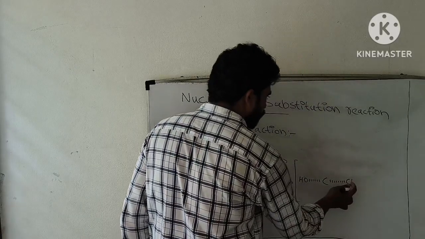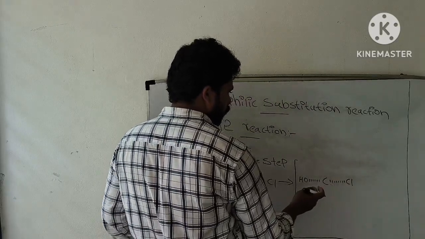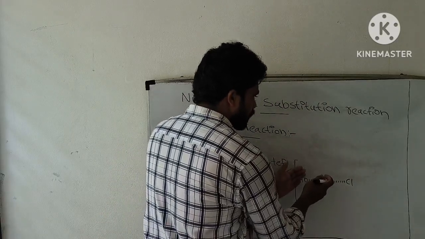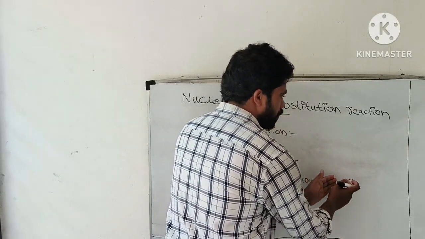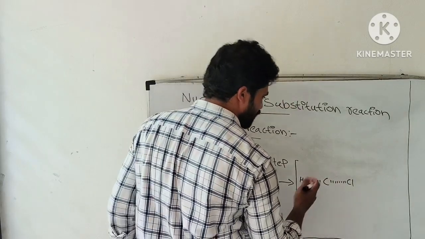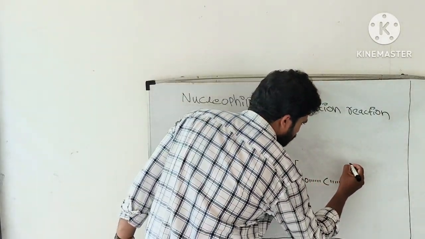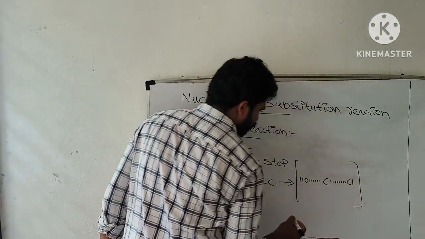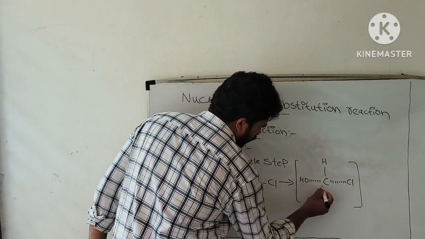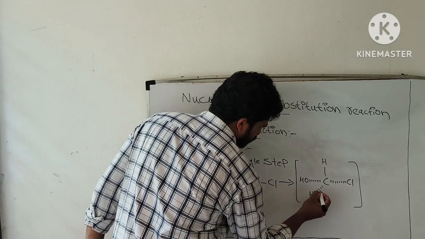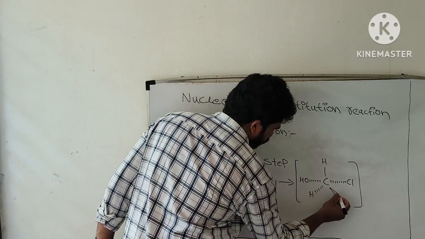That's why we are putting a dotted line, because bond formation begins, bond breaking begins, departure of the halide ion begins. That's why here I put dotted lines, and I have to put the hydrogen also, H here, and another hydrogen here. Then here I have to put a solid